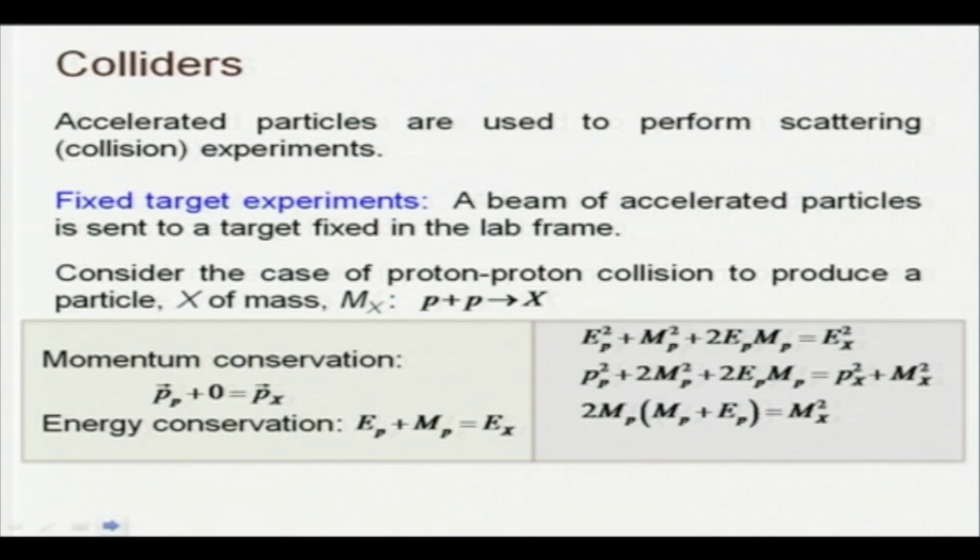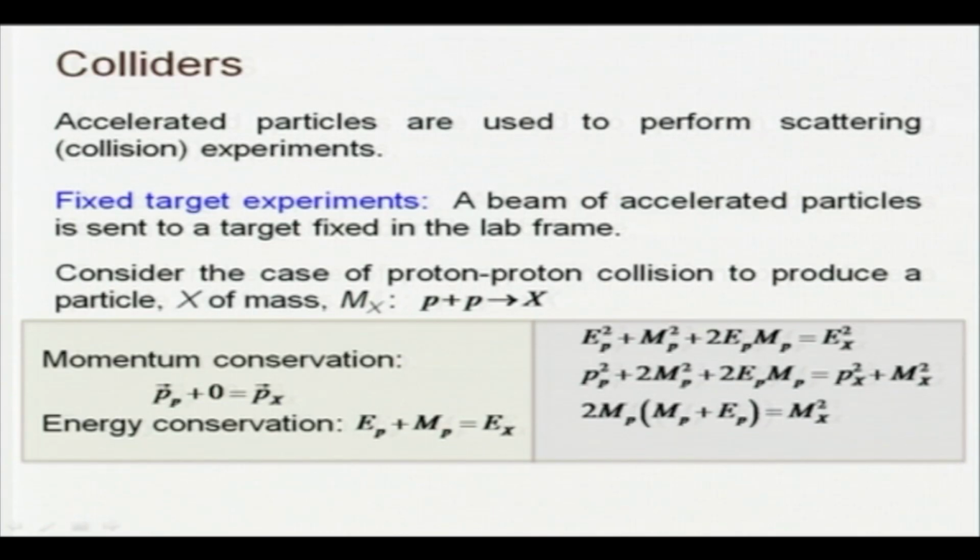Wherever there is an m in the energy relation, we will put a c square along with that. Wherever there is a p, we will put a c along with that. That is all that needs to be done. So, assuming that we have the equation in this fashion, you see that because of the momentum conservation,